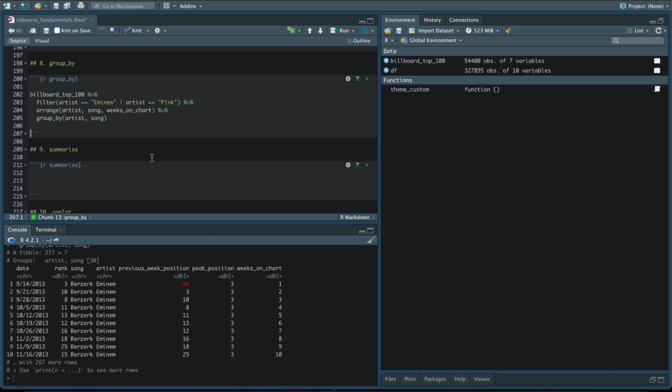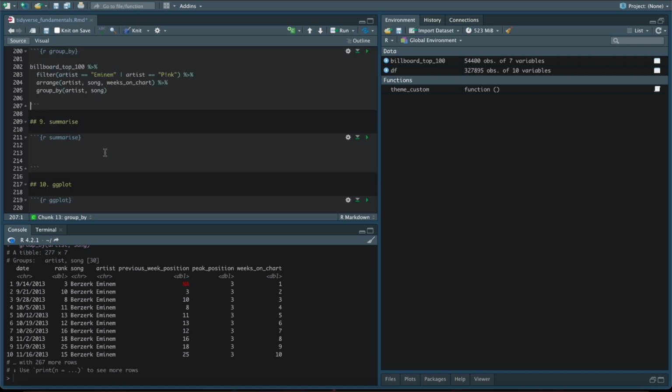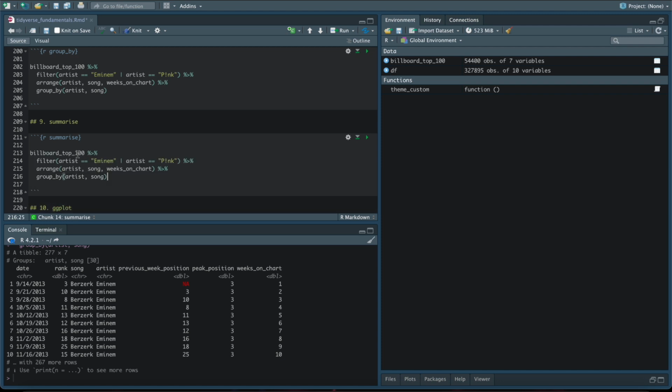The reason for that is because we need to then actually operate on these groups in order to get the data that we want. And this is where our next function, summarize, comes in. I'm just going to paste that example forward. Summarize is a function that creates a new data frame which contains one or more rows for each combination of